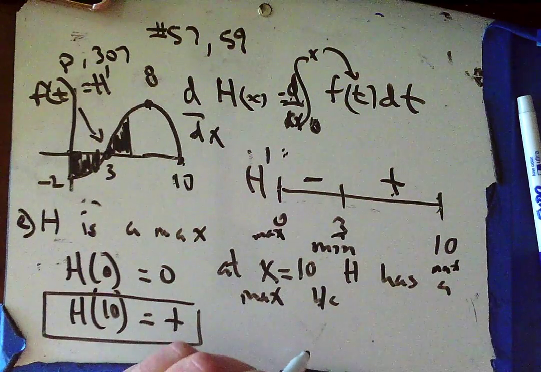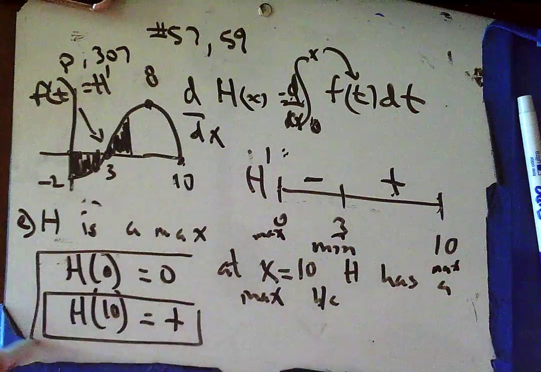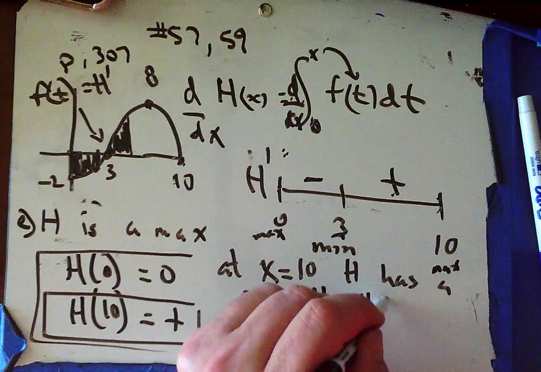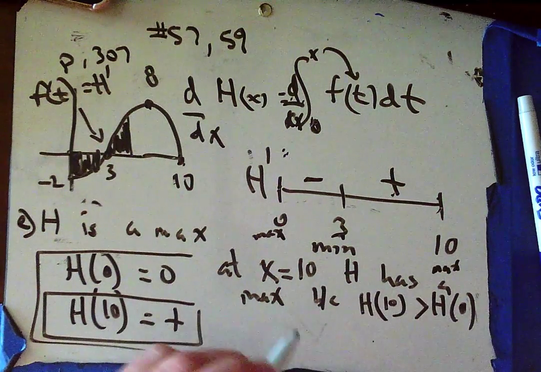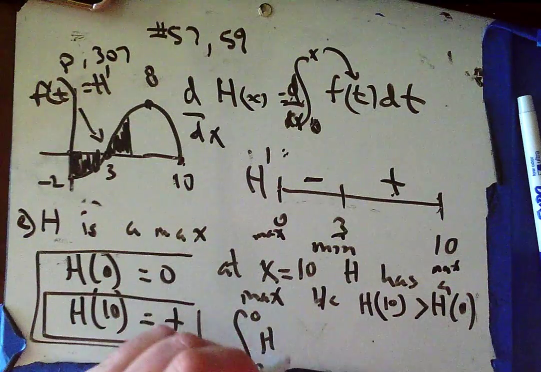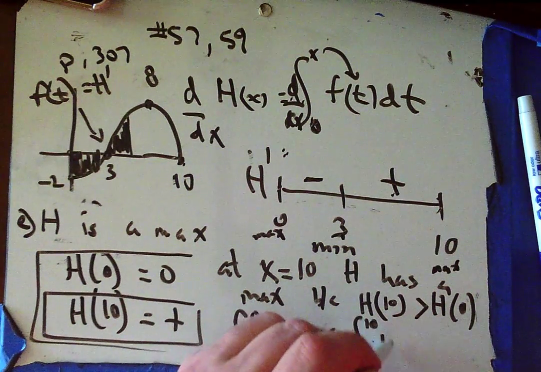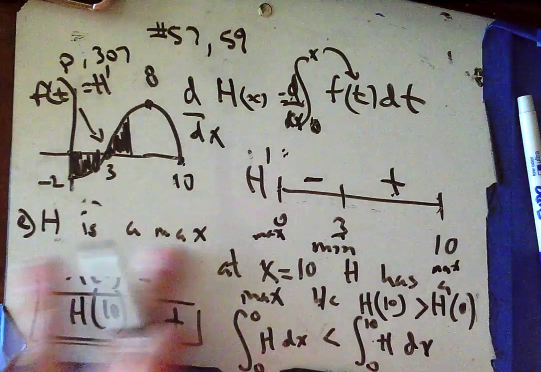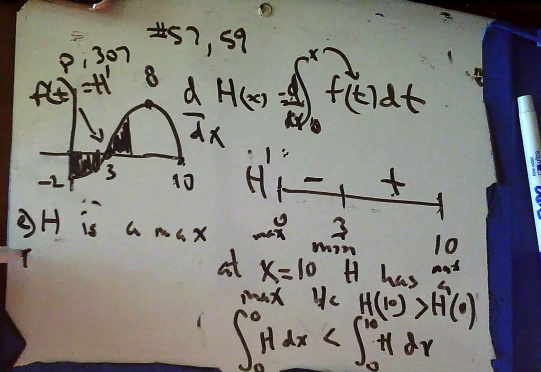and I probably want to do my endpoint justification, but I also want to show that, because h of 10 is greater than h of 0, or we could say that as the integral from 0 to 0 of h is less than the integral from 0 to 10 of h. That would work as well. And I probably want to throw in there also max